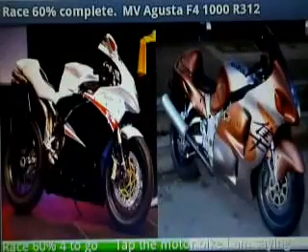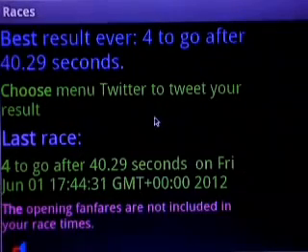Kawasaki Ninja. Kawasaki ZX11. Ninja. Ooh. Let's try this one. MV Agusta. Ooh, got it right. F4 1000 R312. Try that? No. That's the Suzuki Hayabusa. Ah, that's the Hayabusa. Now, I made a mistake, so the race is now over, and it takes me to